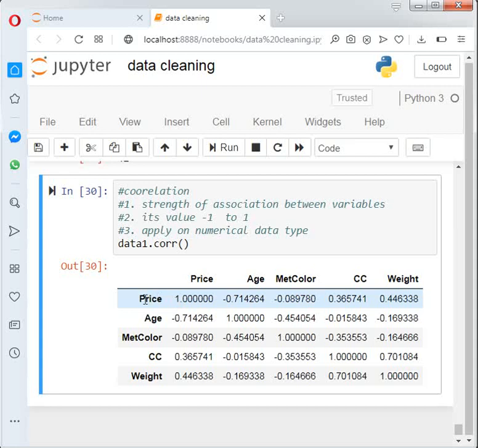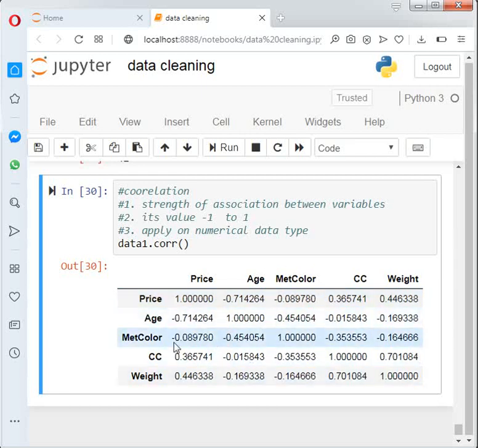Price is totally associated with price, that's value 1. Age with age, matte color with matte color, and CC with CC. These are numerical data, either float or integer, both can be included, but object data is not included.